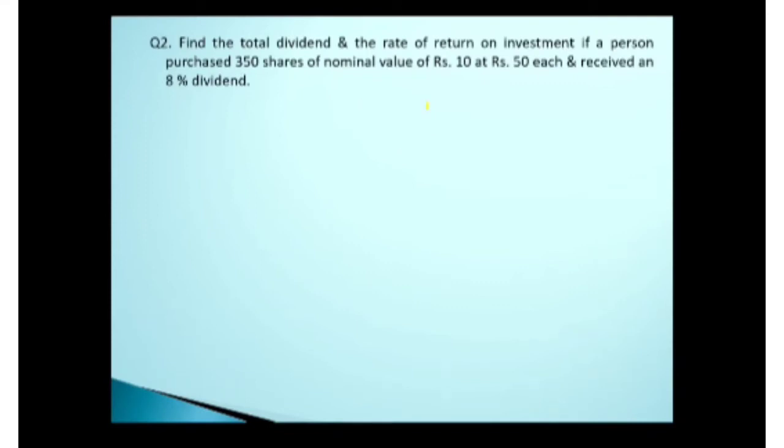We had started last time with, if you remember, face value, I suppose. So again in this, you can make out the face value of one share. That was what we had taken in the last problem also. So the first thing is to make out the face value. What was the next thing we did in the last problem? Number of shares, I suppose. So what is the number of shares here? 350 shares. That is the total number of shares given. So just take down this. And after that, you calculate the total face value.